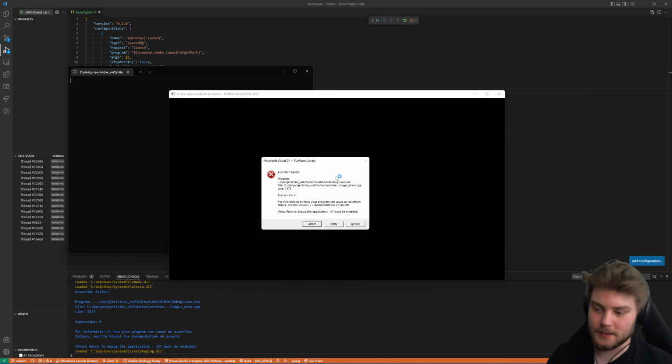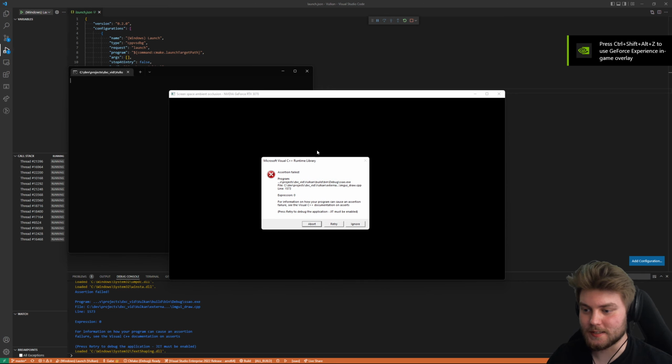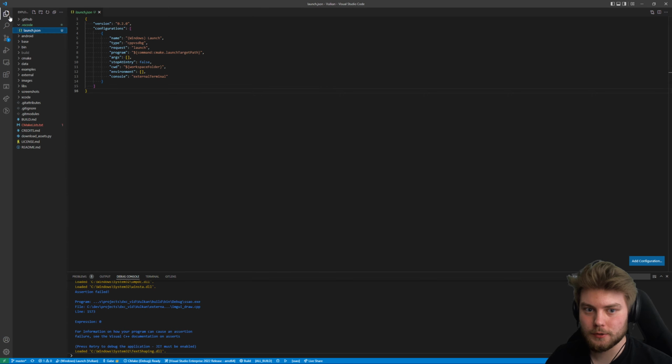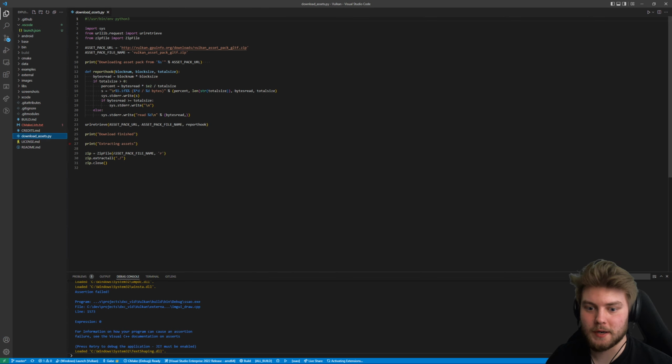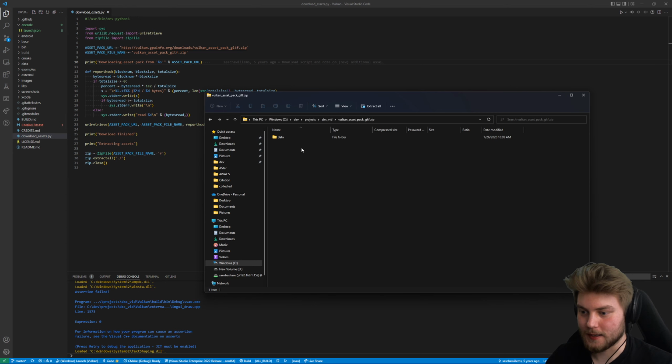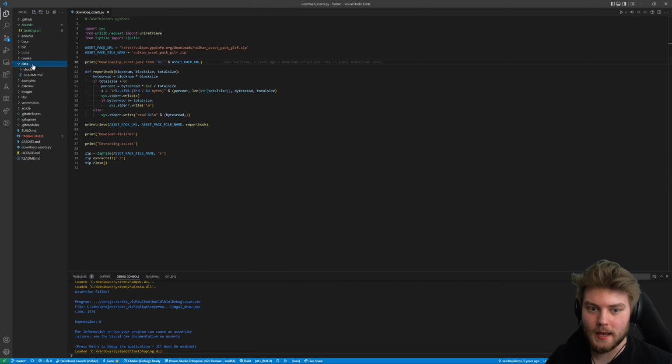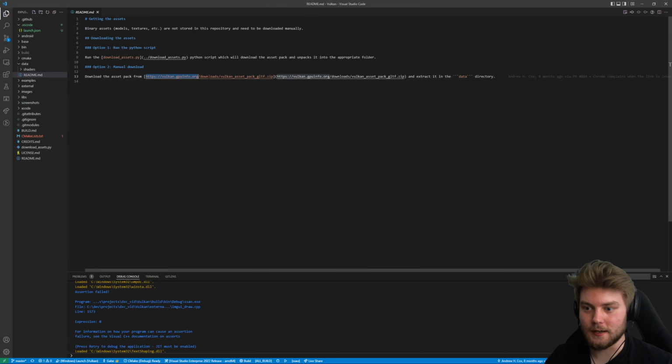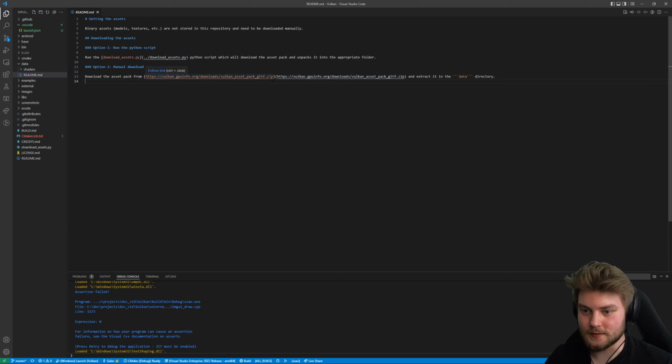The reason is that there are a bunch of assets that these samples try to use that are not a part of the repository, for good reason, because these assets are really large. So what you could do is, if you have Python installed, run this Python script, or you could just manually download the zip and extract it yourself. So here I have that asset pack, and within it is this data folder. This data folder is going to need to coincide with this data folder here. And we can actually see in this README that there is a link to this zip file